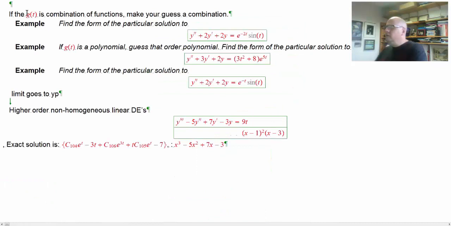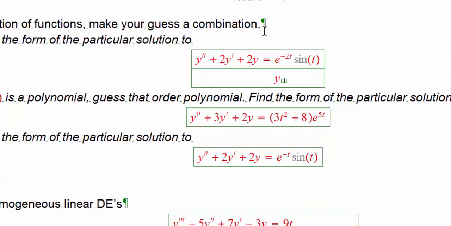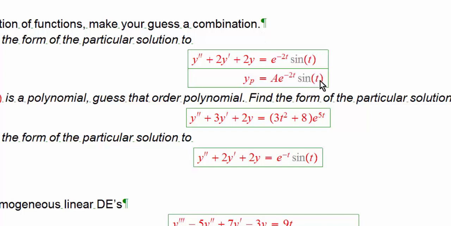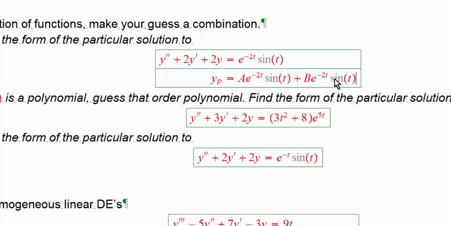Well, this next example, we're just finding the form of the particular solution. So the thing that we would sub in and then sub into the differential equation and then find the constant. We're just concerned with the form here. Here my target function is e to the minus 2 times t. So I think my guess would be a constant times that plus another constant times the